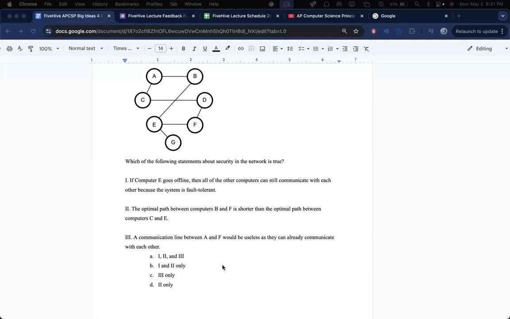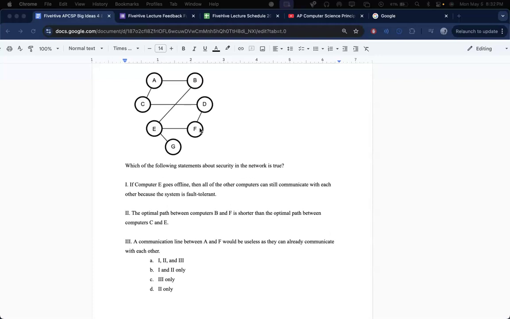So we're saying it's not A, right? So a lot of us are saying one is out. So let's take a look at what one is and see if that's true. If computer E goes offline, then all the other computers can still communicate with each other because the system is fault tolerant. Well, generally, I would say this is a pretty fault-tolerant system,